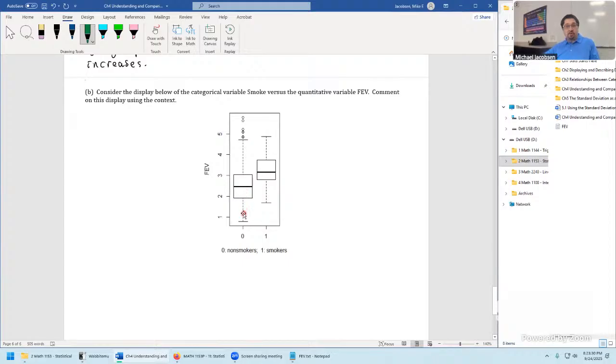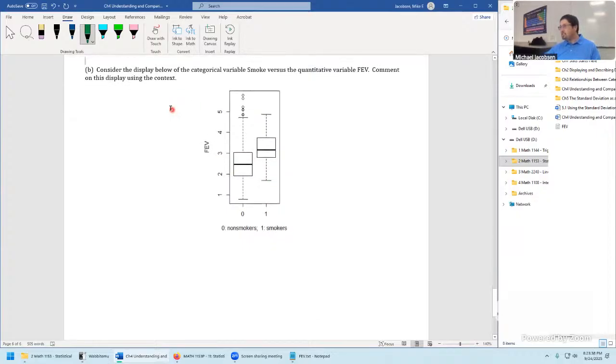Lots of outliers on this one, which is unusual already on its own. 1 is for the ones that were smokers. And it says, consider the display of the categorical variable, smoke versus quantitative variable FEV. Comment on this display using the context. Didn't say what to comment, so this is a pretty wide open question.